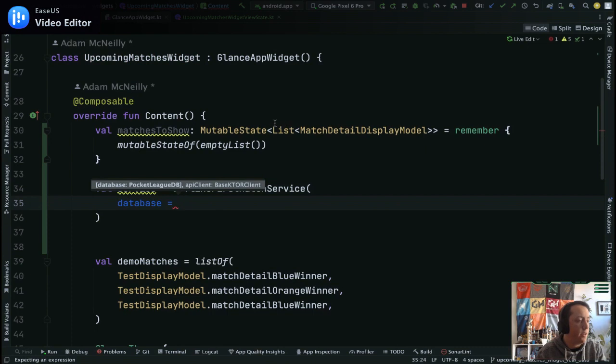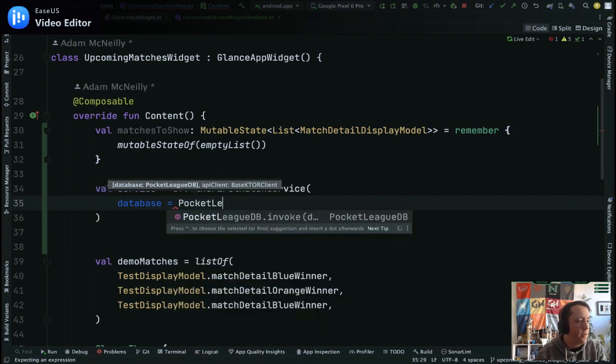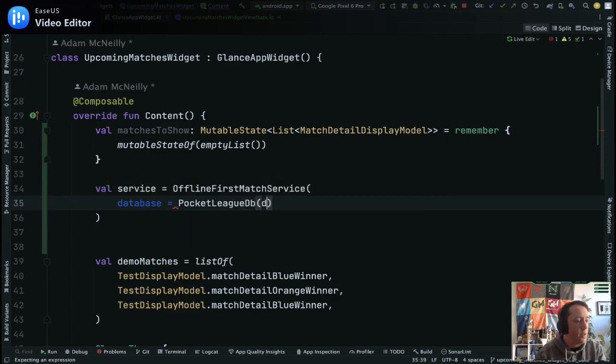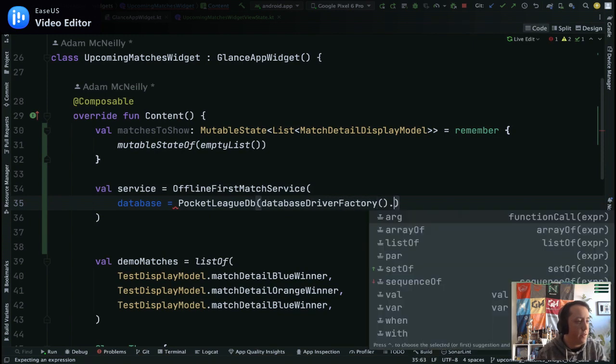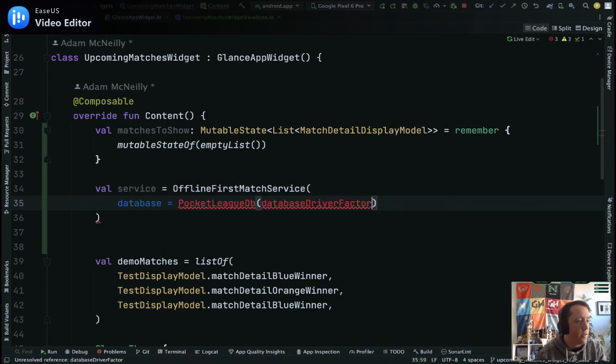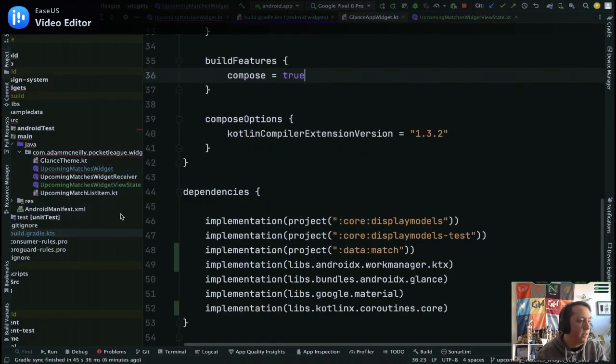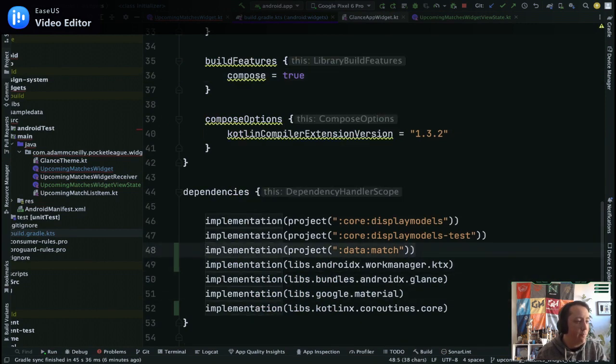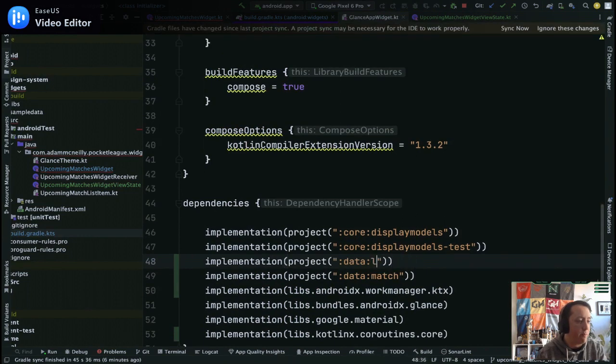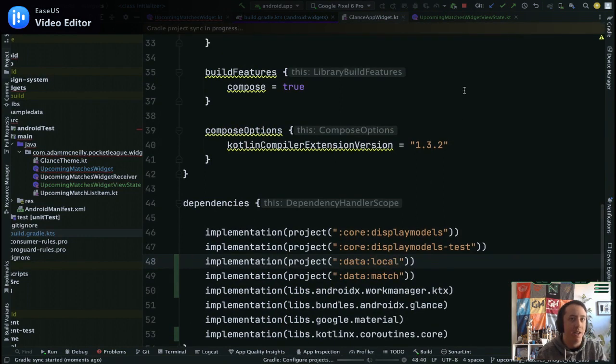Oh, because it's an offline-first match service. Database would be... I don't have... okay, one thing. One second. I'm missing another dependency that's helpful here. There's probably better dependency injection you can do for widgets, but I'm just going to hard code the dependency I